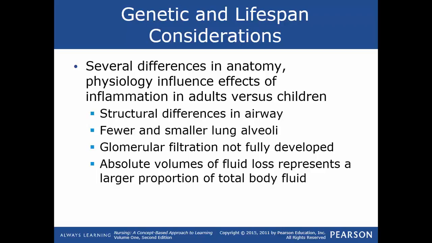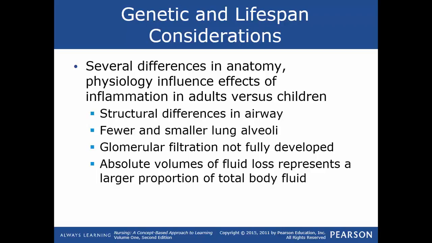All right, so some genetic and lifespan considerations. There are several differences in anatomy and physiology that influence inflammation in adults versus kids. So the pediatric population tends to have a smaller airway, so they have an increased risk for obstruction, especially when they have airway inflammation. Children also have fewer and smaller alveoli available for gas exchange. The increased energy that's needed to achieve adequate oxygenation during airway inflammation may lead to fatigue and respiratory failure in